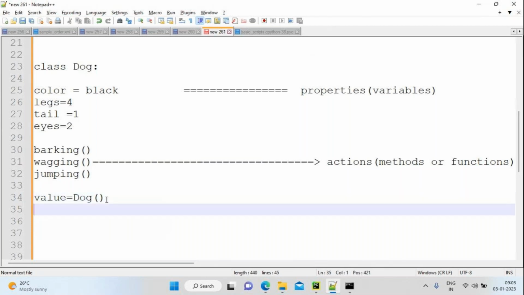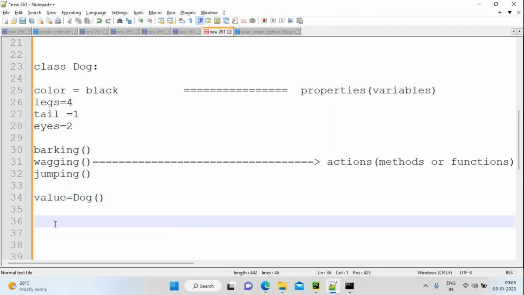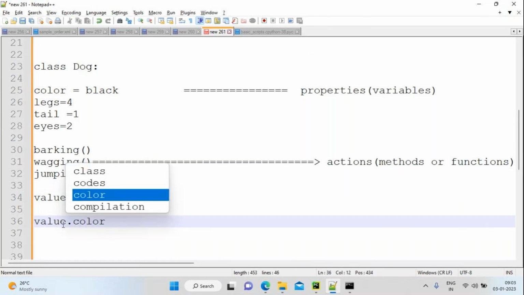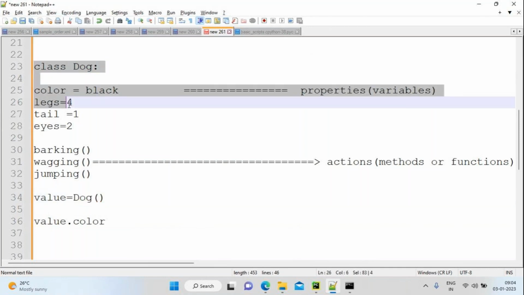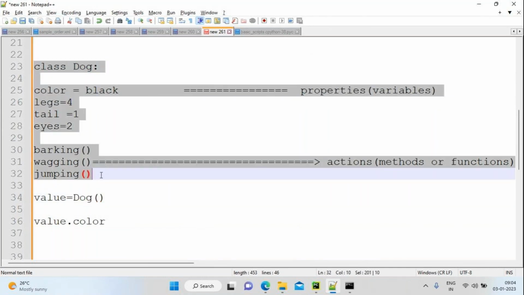If I want to call this variable, what can I do? Value dot color. I'll give the color as black because I created an object. Object means I want to create a memory for this corresponding class. If I create some memory for the class, I am able to access my data members.